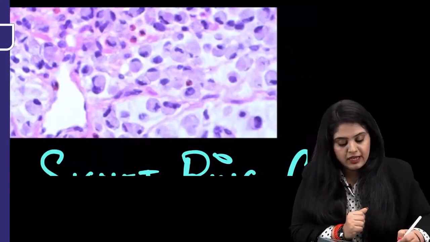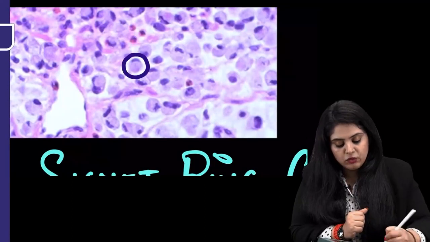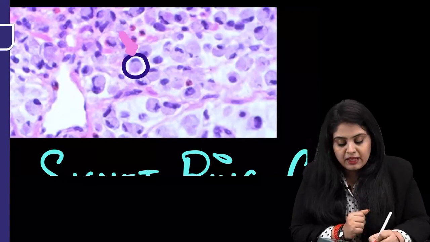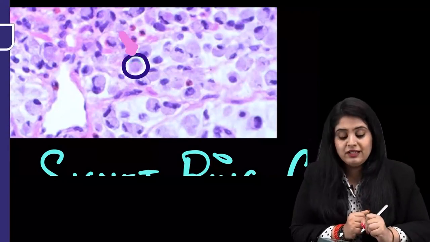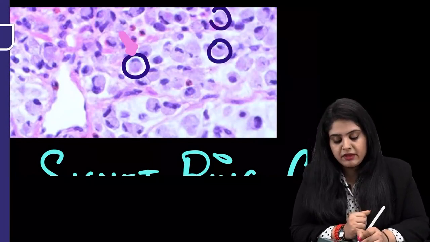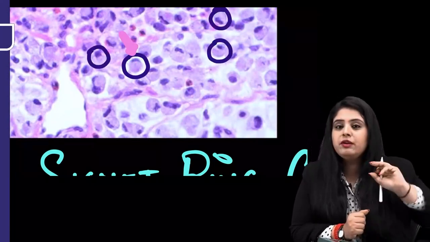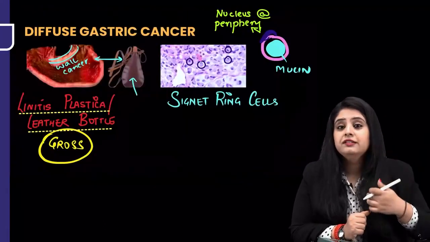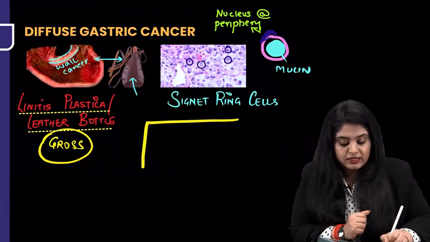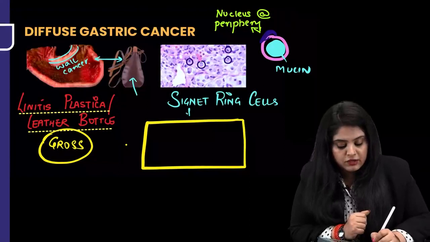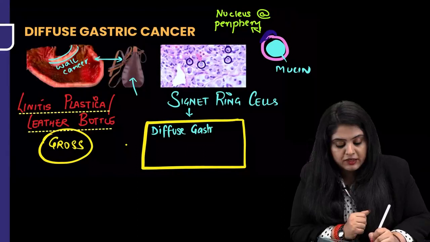So please note, in every cell you will realize that the nucleus has gone and sat at the periphery. Can you see the blue color nucleus is at the periphery like this over here? Why? Because someone else, mucin, is sitting. Let's look at some other cells. Everywhere you will see, yes, the nucleus is at periphery. In each one of them, the nucleus is pushed on the side because mucin is sitting there, and that is what you see in signet ring cells. And you see that in diffuse gastric cancer, but I will also ask you where else do you see it? Signet ring cells are not only seen in diffuse gastric cancer, they are also seen in the same